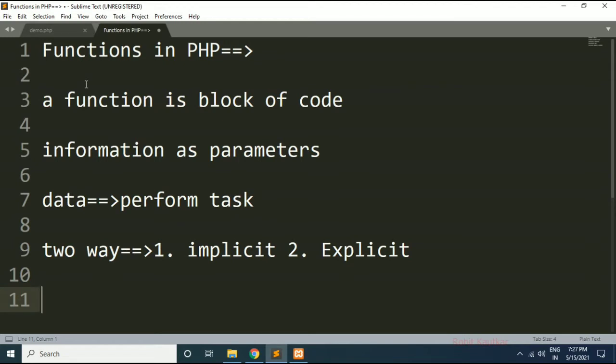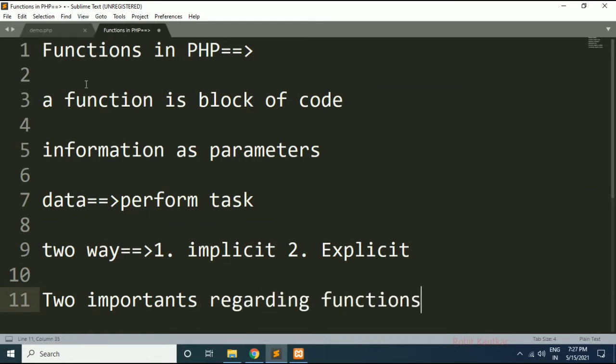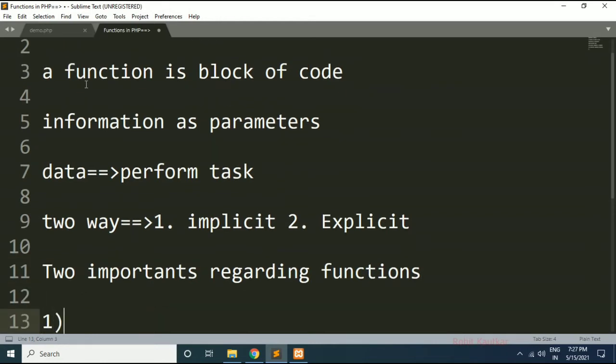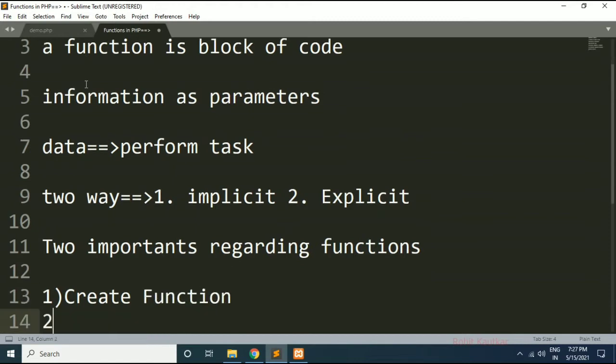So there are two important things regarding functions. First one, create a function, and second thing, call a function. These are the two important things that we need to understand regarding functions.